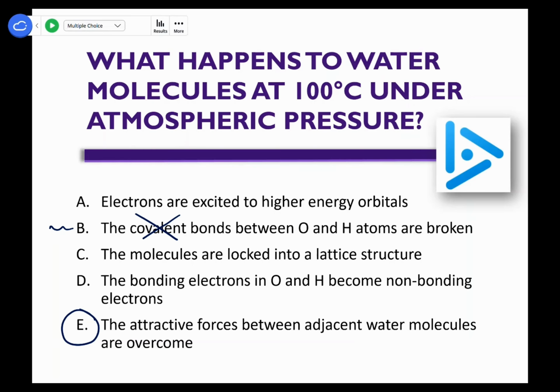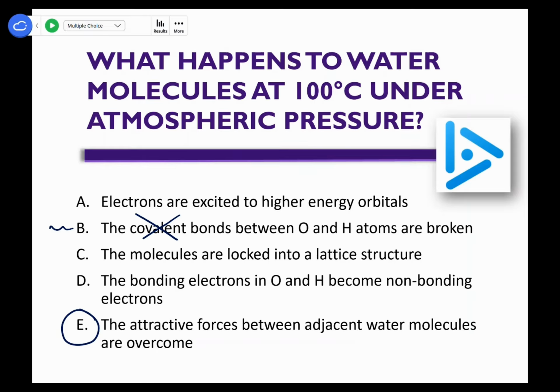We're not breaking this bond and have hydroxide and atomic hydrogen. That would be very dangerous. You wouldn't want to be breathing in the steam if that was the case. Steam, when your kettle boils, is just water that's a gas. So it's still